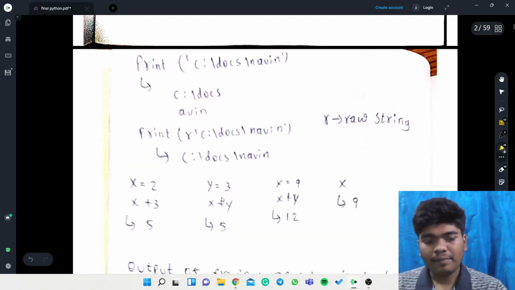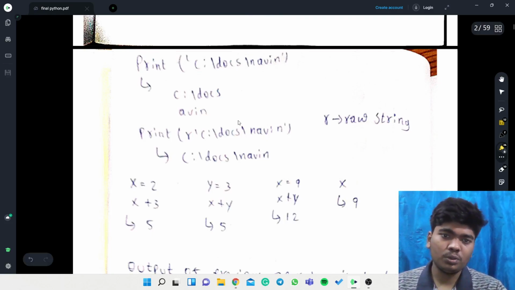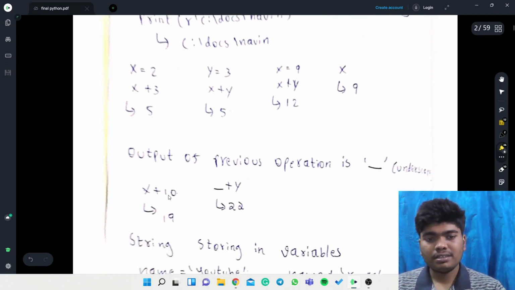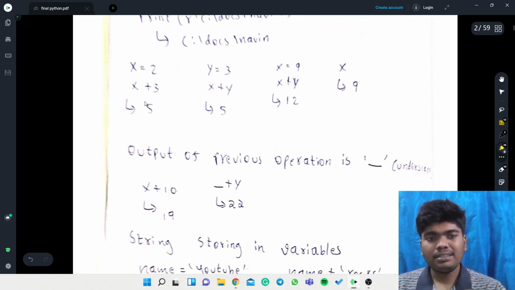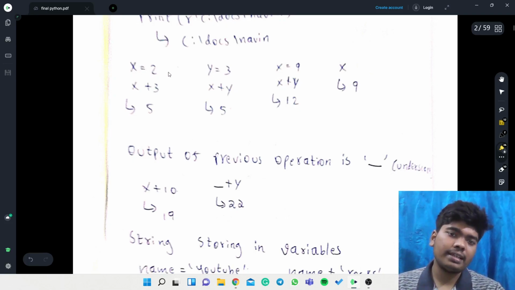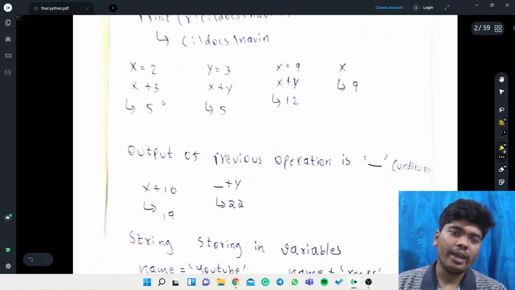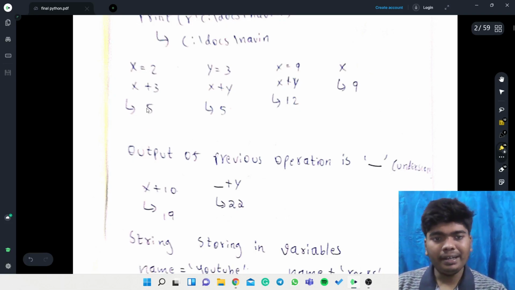So if we are having PyCharm, then we can just do this thing like printing the documents or printing the notepad files. So here we can see it is a step by step procedure. If we just declare x here, it will just use the x here even. So here we can say x is equal to 2, x plus 3, 3 plus 2 is 5. But here we didn't print this as x, we are not declaring this result as x. Here x is only 2, so here we are using the x as 2 even.